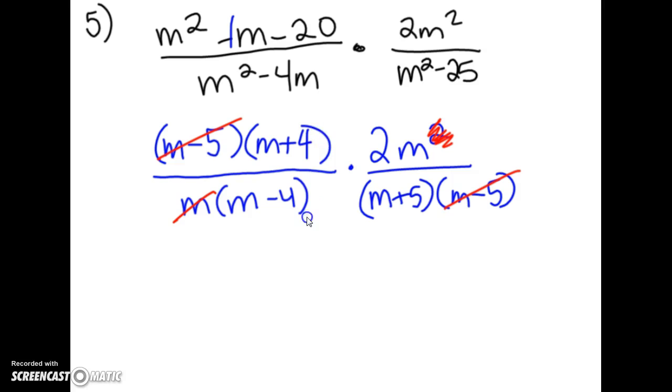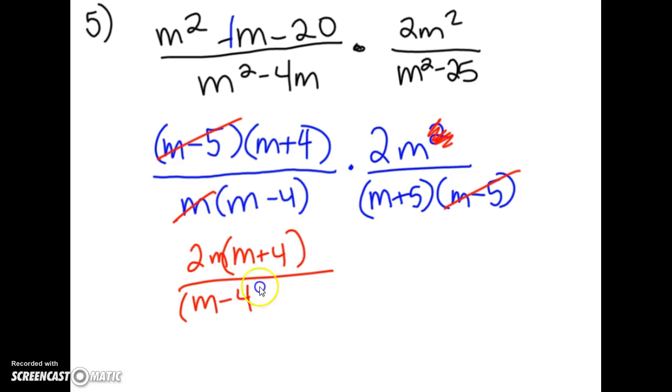That's it. So on the top I have m plus 4 times, I'm going to put the 2m in front. It doesn't really matter, it's just how mathematically we like to put the monomial up front. And then on the bottom I've got m minus 4, m plus 5. That's it. Now I look through, there are 1, 2, 3, 4 things that m cannot be. Cannot be 0, cannot be 4, cannot be